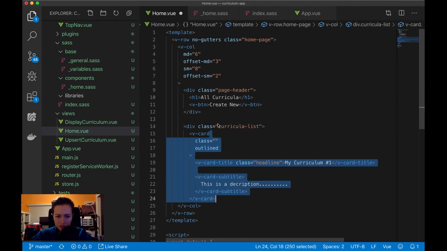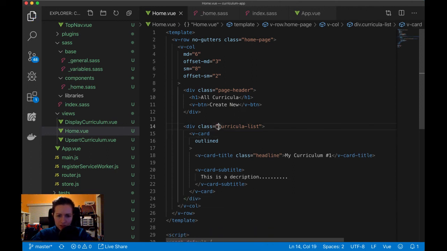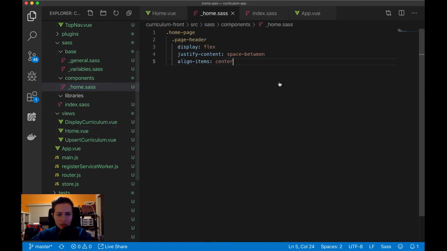And these can go in. Alright. So I have curricula list and page header, and I'm going to give them a margin. So margin top